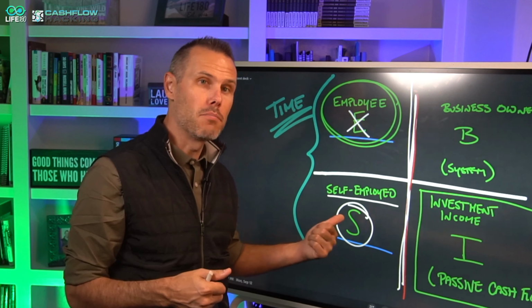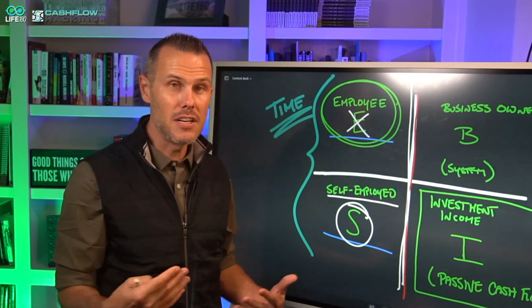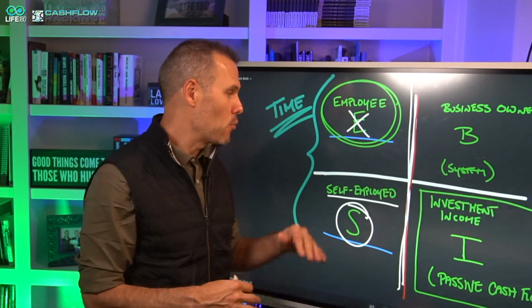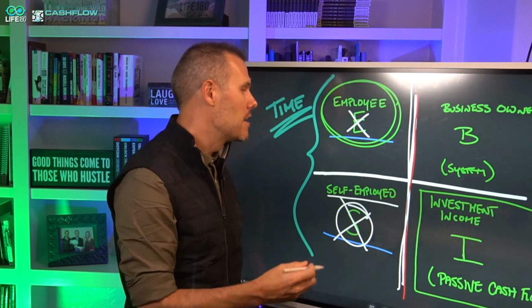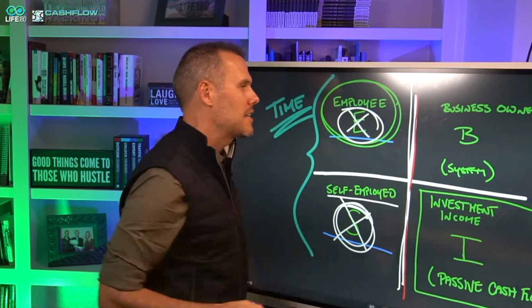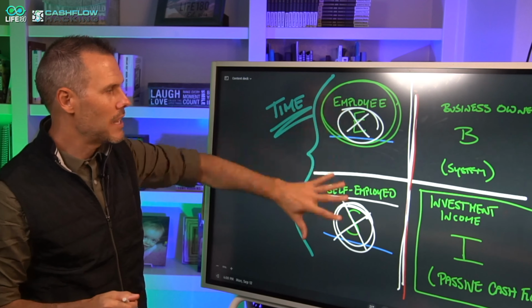They're self-employed, they have their own company, but if they didn't show up to work, if they wanted to take a vacation, if they got sick, if they became disabled, if they had anything happen to them where they couldn't work, this business and this earned income goes away, right? So the thing with the self-employed and the employee section of this, you have to understand that it's the time component. Now, once again, it's not that they're bad.